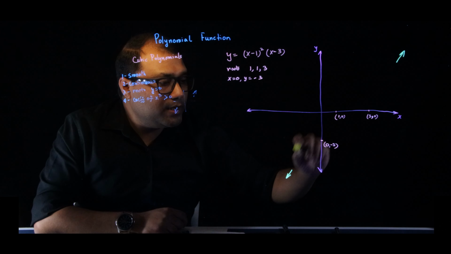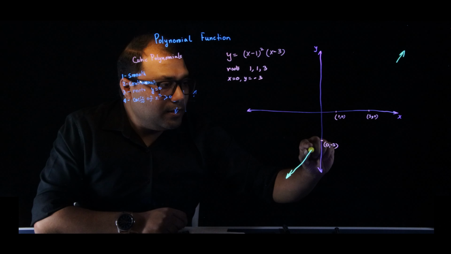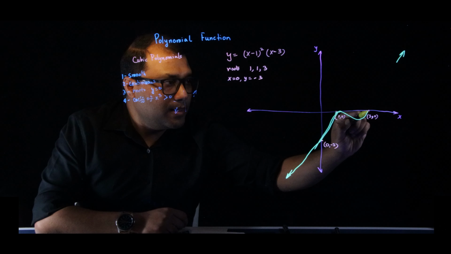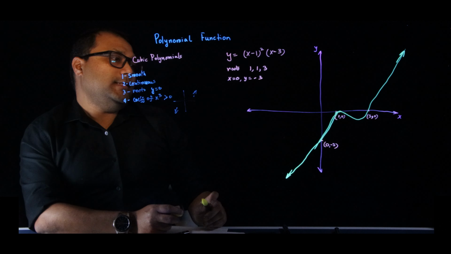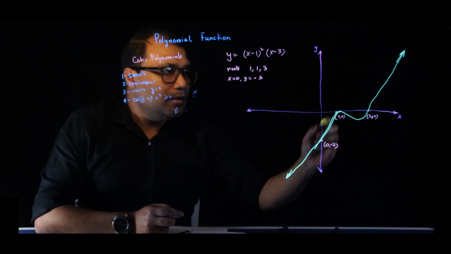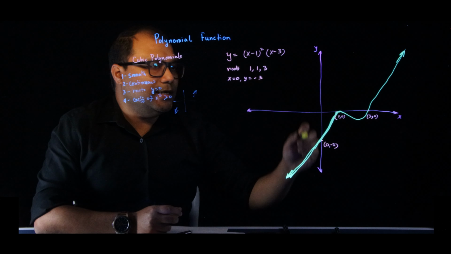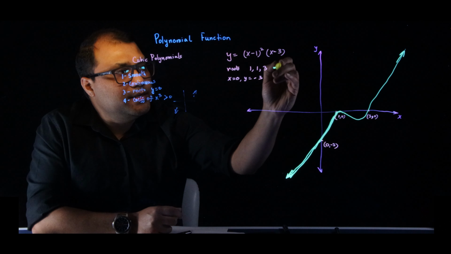So the only way we can draw this graph would be if instead of passing through (1, 0), it touches (1, 0) and goes like this. So make sure this condition is satisfied. When there are repeated roots,